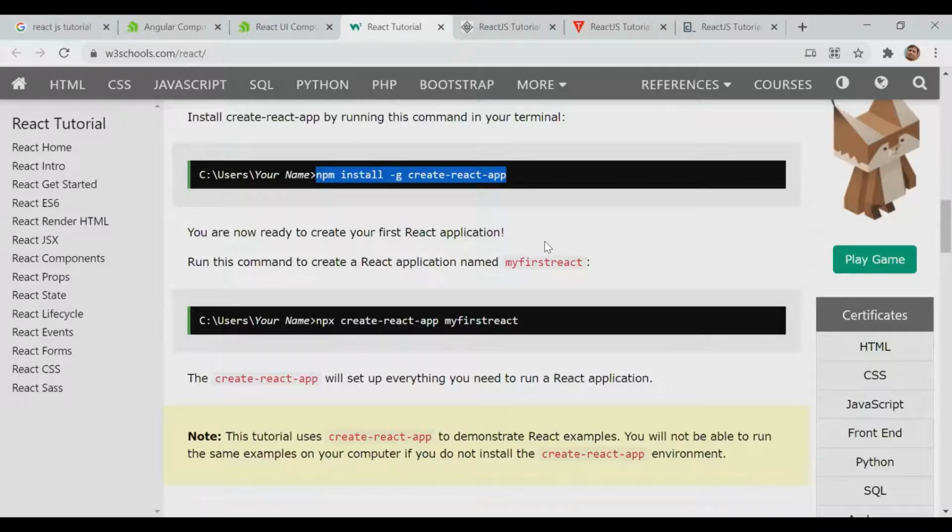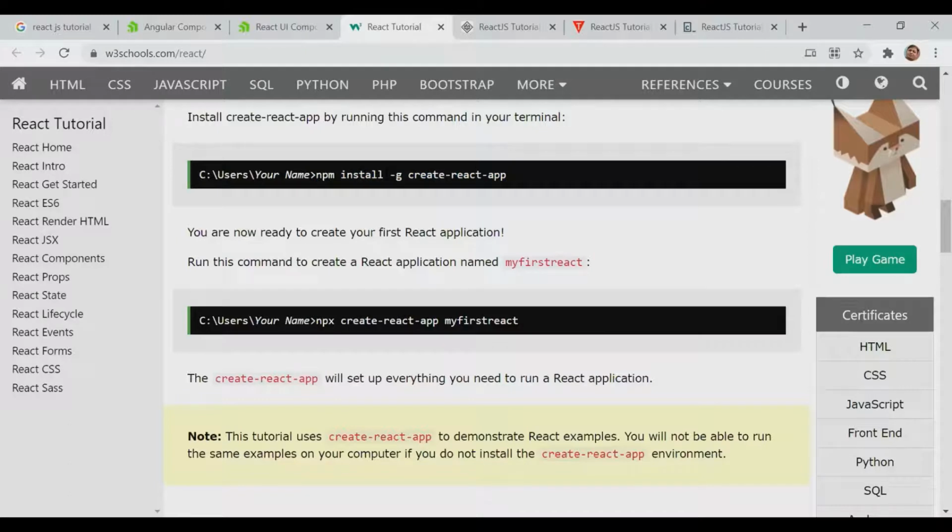It's for React, npm install. No idea about that, but npx does the thing. It installs all the required files. First we install npm. After that, we create the project with npx create-react-app.